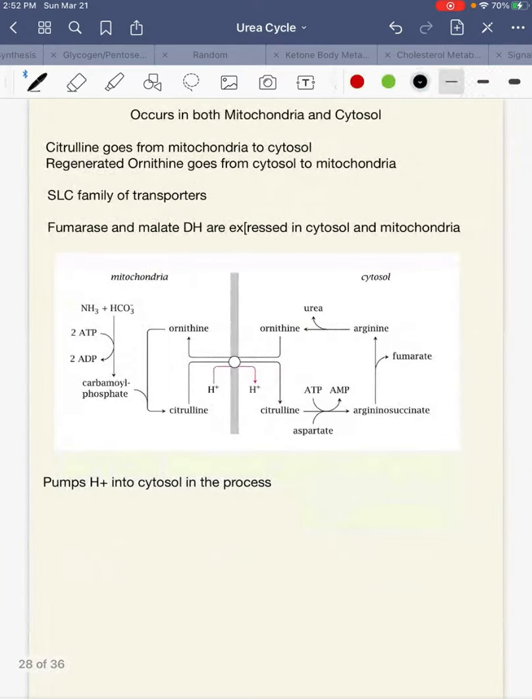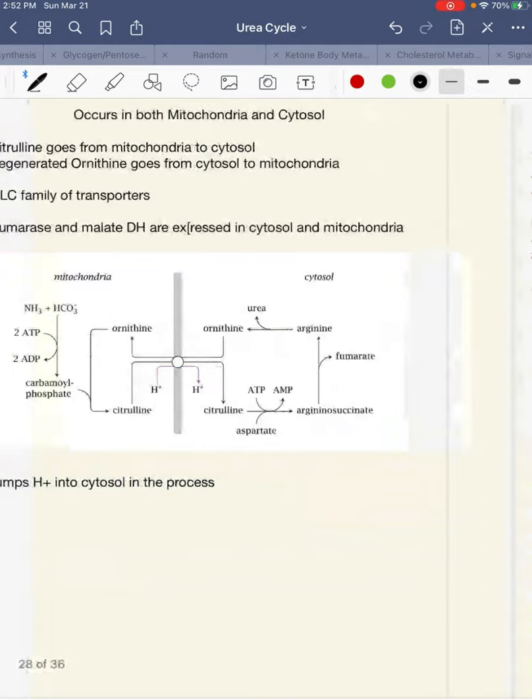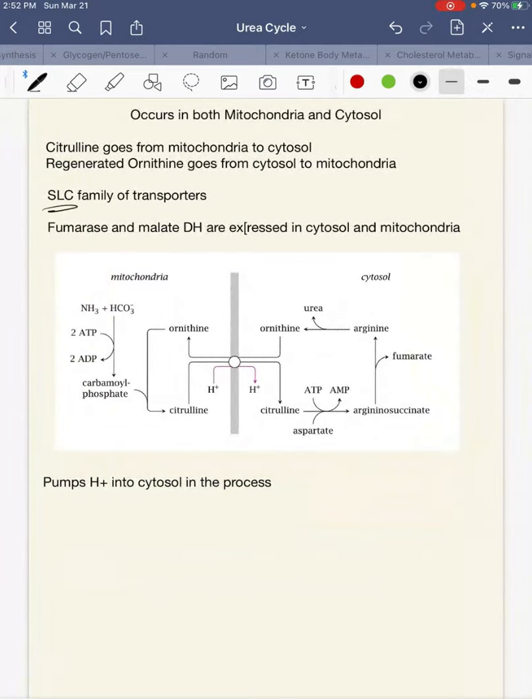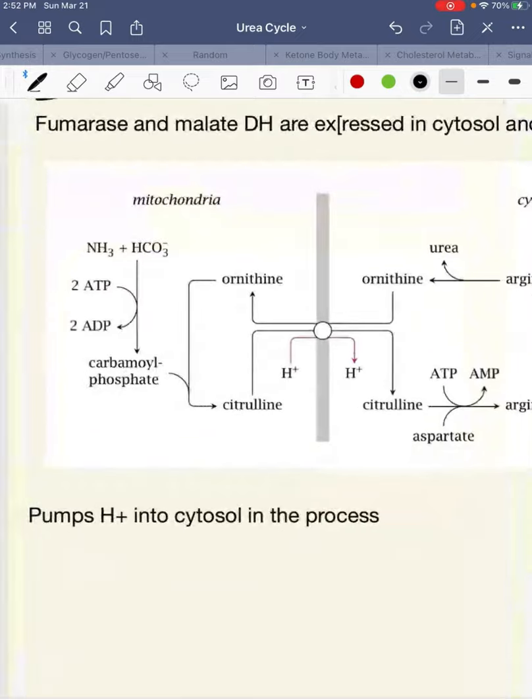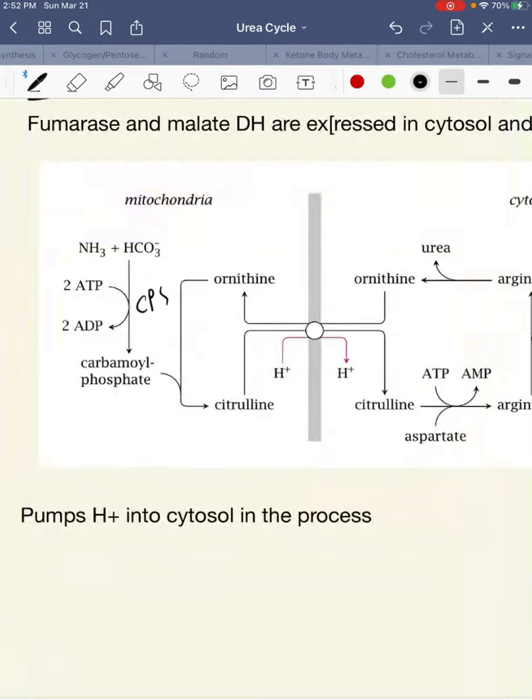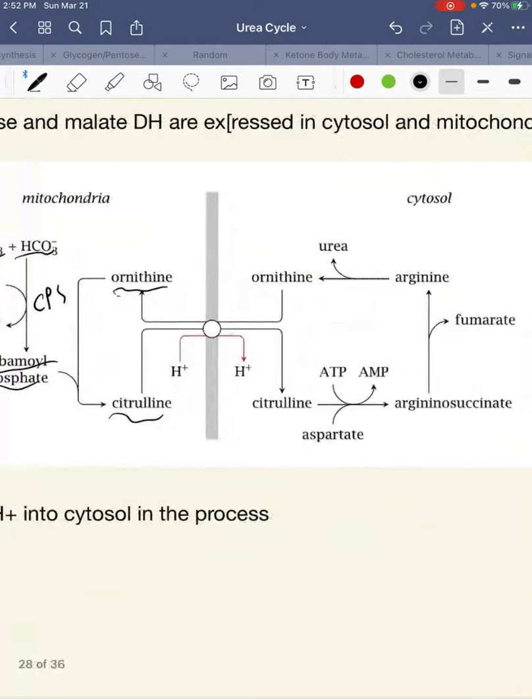Okay, let's talk about our transporters in this lecture. So we have a transporter called SLC. They're a family of transporters. So remember, we have CPS, we take bicarbonate, we take ammonia, we use ATP, and then we make carbamyl phosphate. Carbamyl phosphate comes in with ornithine, makes citrulline. Citrulline leaves through the SLC transporter. Citrulline is sent to the cytosol, ornithine is sent inside the mitochondria, and in that process, we pump a